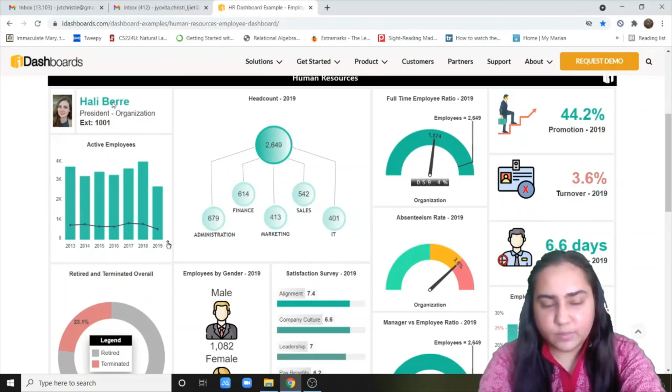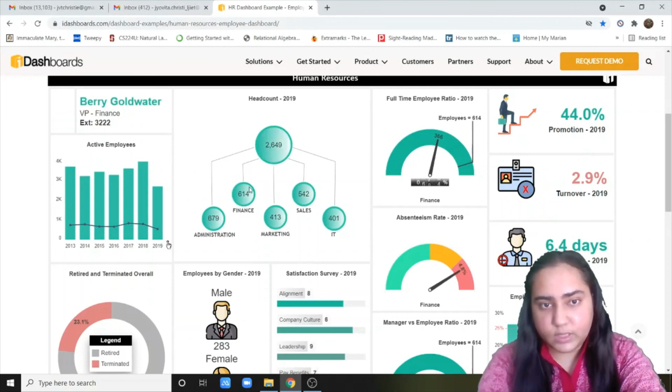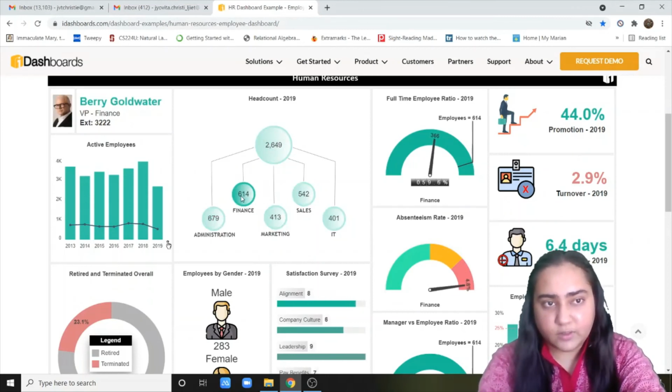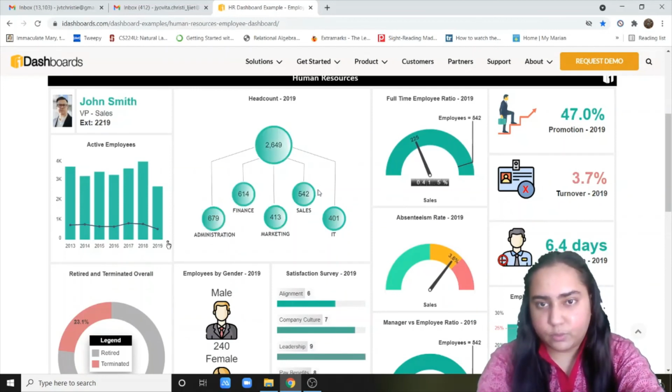they are giving some details about people. So like this is the name of the president, and you can see that whenever I'm on this circle, I can see the name of the president. When I move to the administration department, I can see the vice president of the administration department, and then I can see finance, VP of finance, marketing. So you see how the dashboard changes, how interactive it is from the way you move,